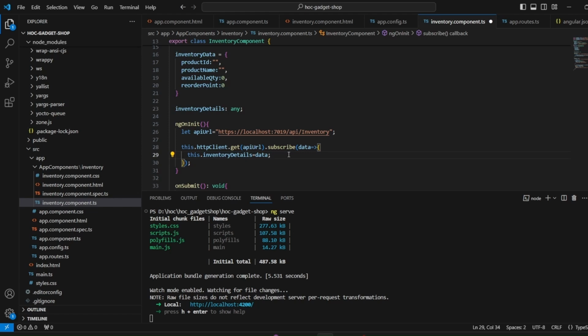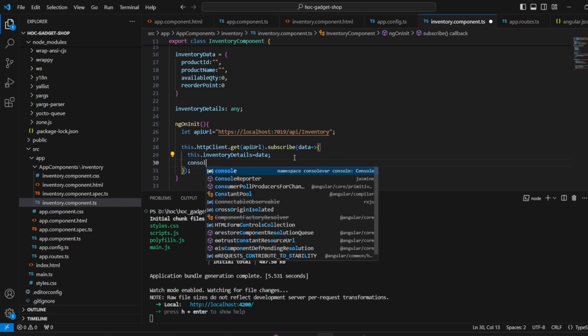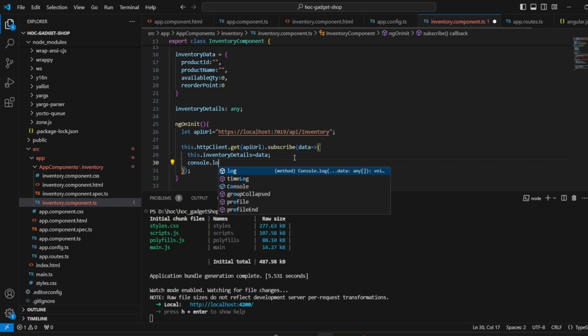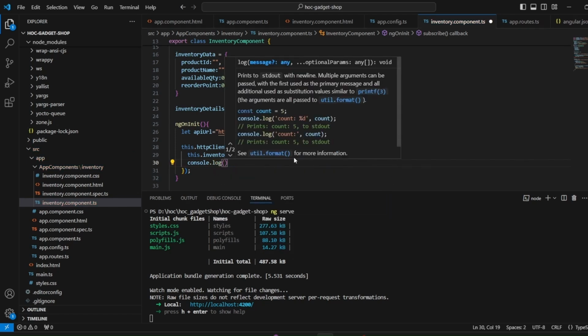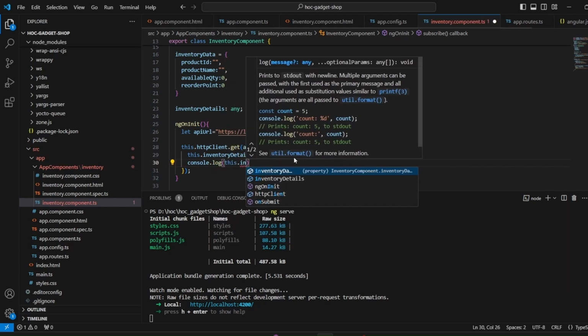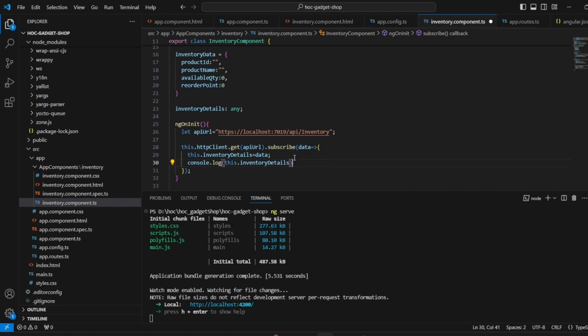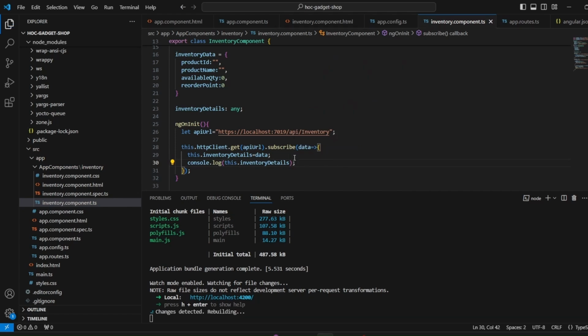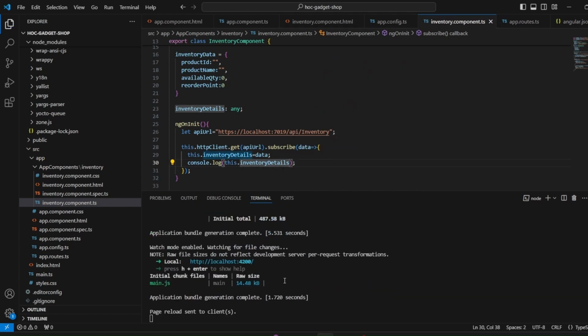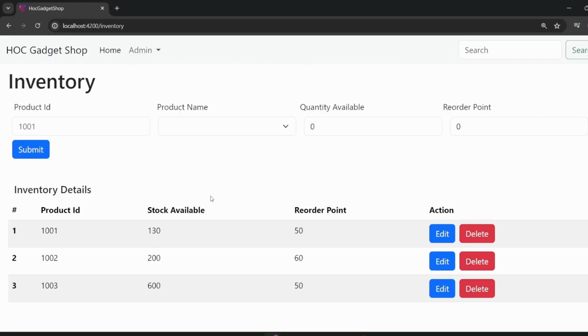Once this is done, I want to utilize it on the HTML page. But before that, let me just do one thing. I'll do a console log of whatever is being returned from the API on the web Angular application. Let me just save the details. So let's go to the browser and open the console window.